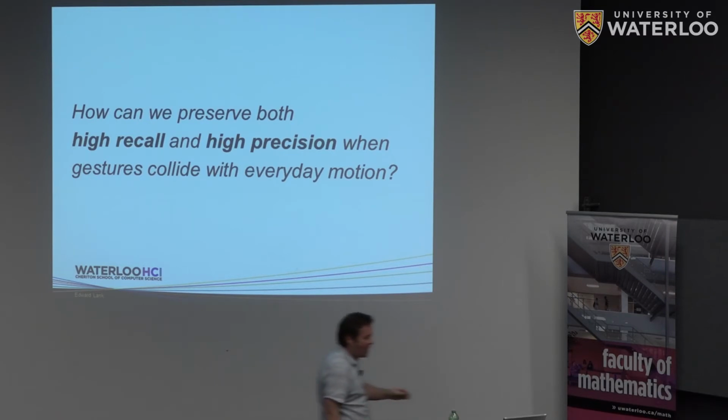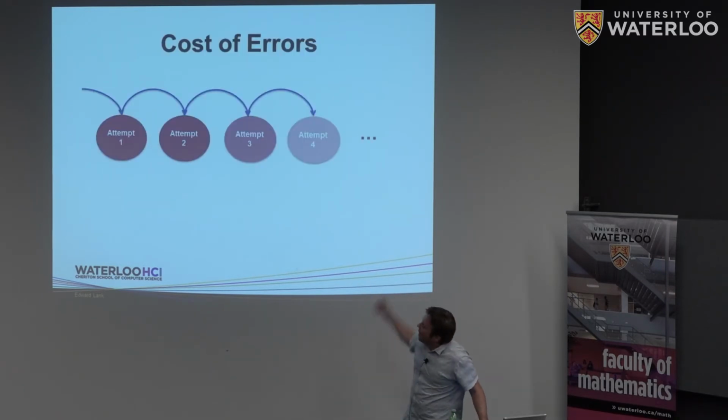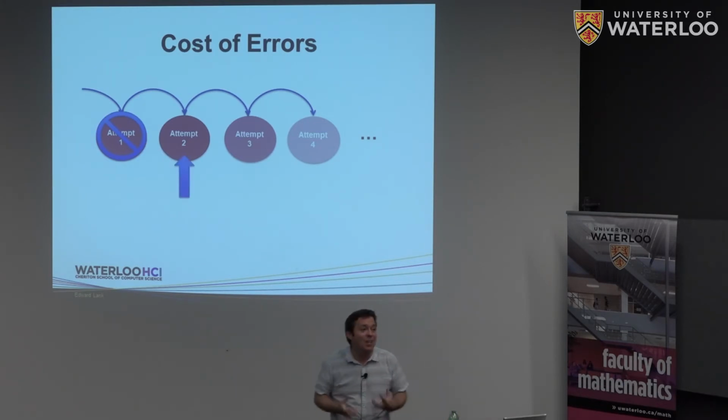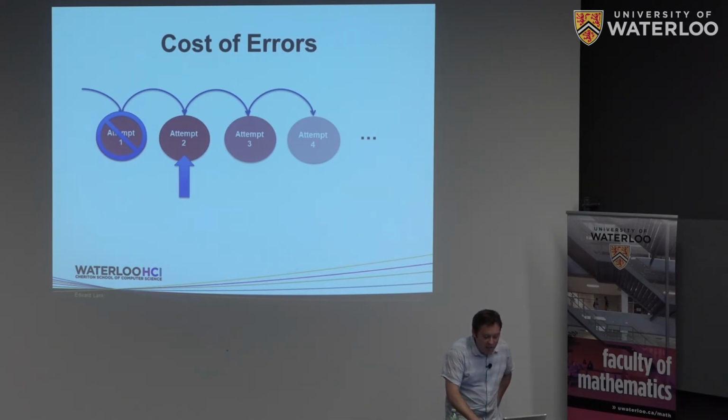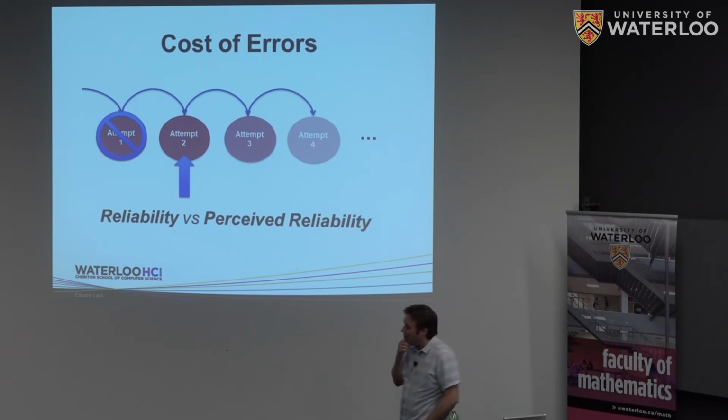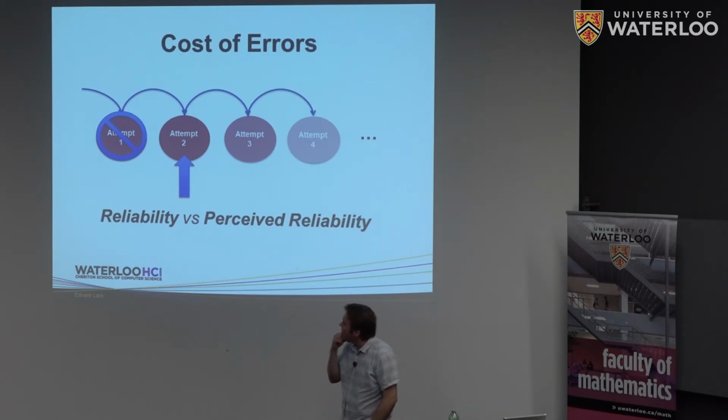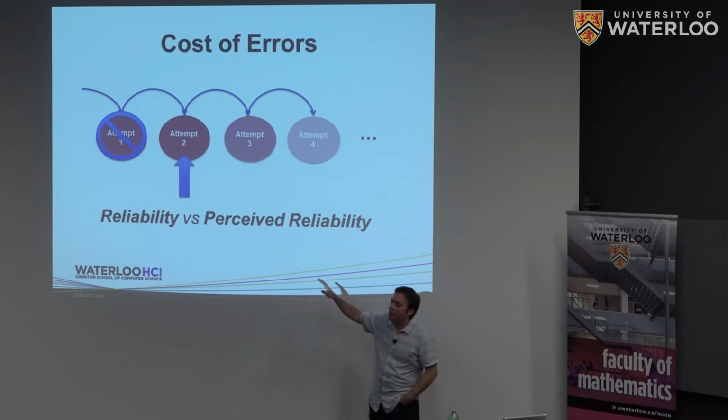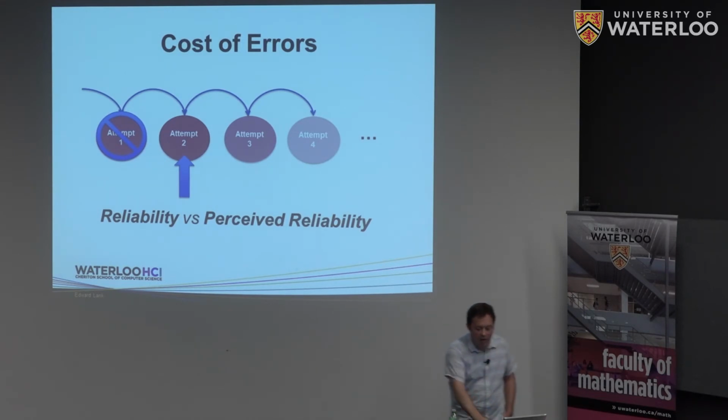And so we said, this is kind of interesting. If you start to think about attempts and the cost of, it's not errors, but the cost of failed recall, rejects, the cost of rejects, maybe we can't do anything about attempt one, but what if we start to look at actions as a sequence of actions in this space? How would that affect users? What would their perception be of that? This is actually a little bit difficult to do, and I'll talk about some of the work that we did on this. But this is where I get into the distinction between reliability and perceived reliability, and that's essentially what we're talking about here.